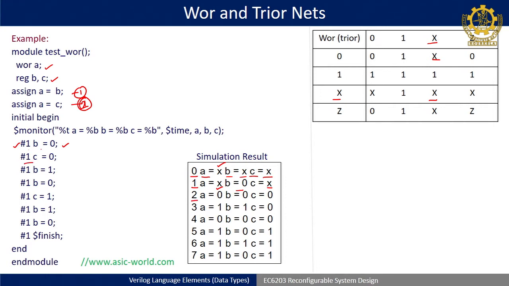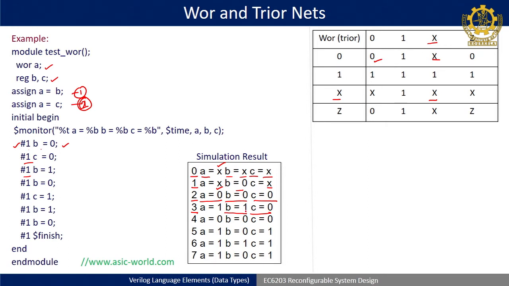After another #1, I am now at 2 time units. At 2 time units I have defined C as 0, B I have not defined. So, B will have its own old value, that is B equal to 0. Okay. So, now B 0, C 0. As both are 0, obviously A will also be 0. Then after 2 is over, at 3 you will see my B becomes 1 now, but C I have not defined. So, C has to remain the same, C equal to 0.